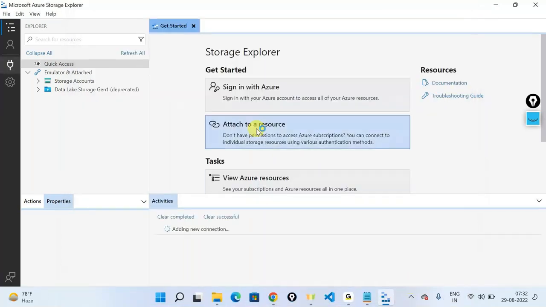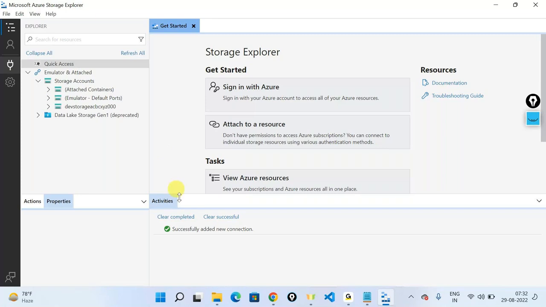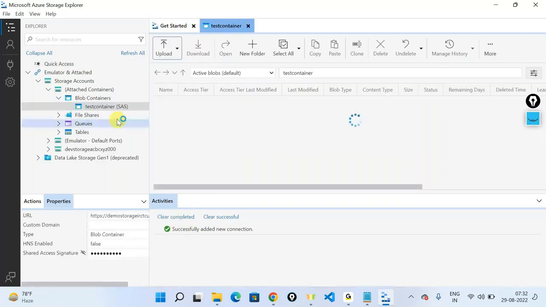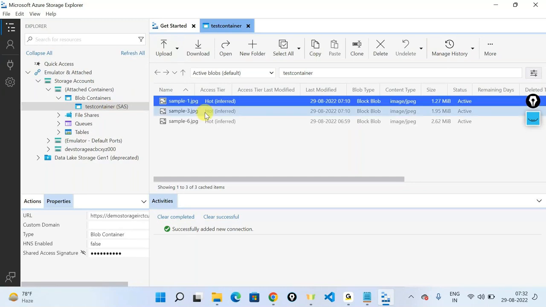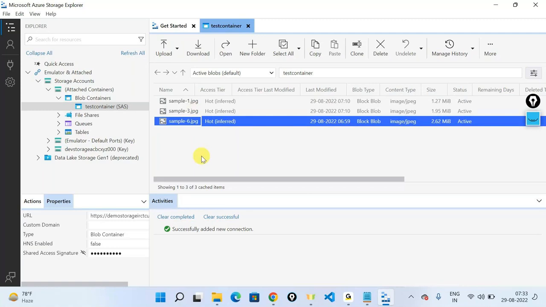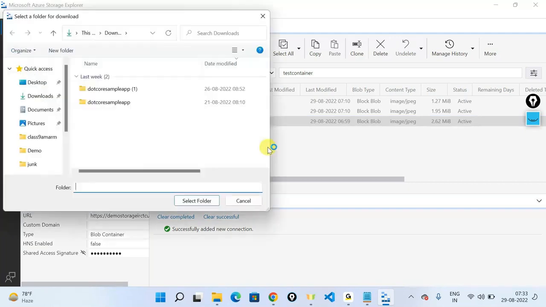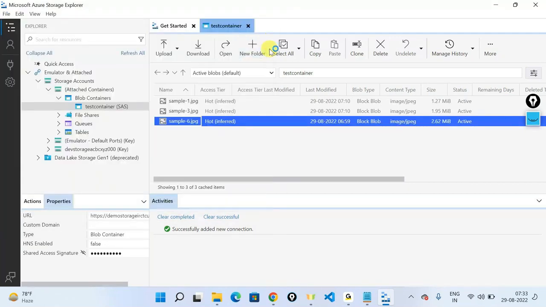So what it does is that it establishes a connection between your computer and that particular storage account. And if you look at this, it says the connection is successfully added. And then if you see this, I am now connected to something known as the blob container, and all these files or all these blobs is something that I'm able to see. Not only see, I'll be able to download this out, or I can save this out in one of the folders of my computer, or I can do whatever that I want to, depending upon the permission level that I do have,